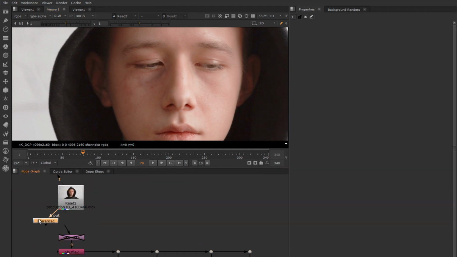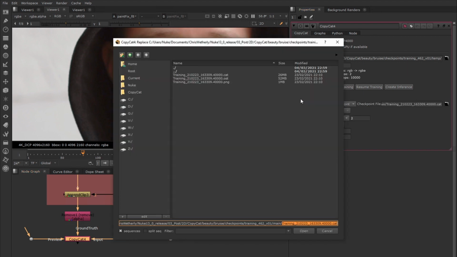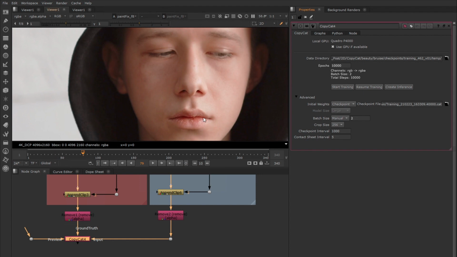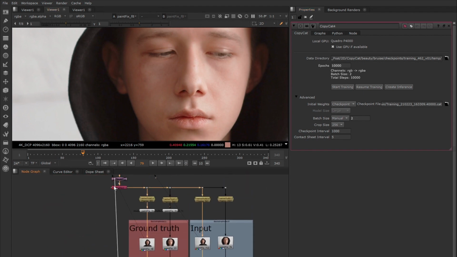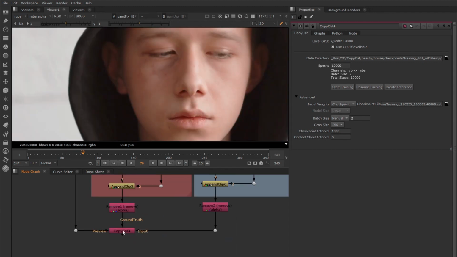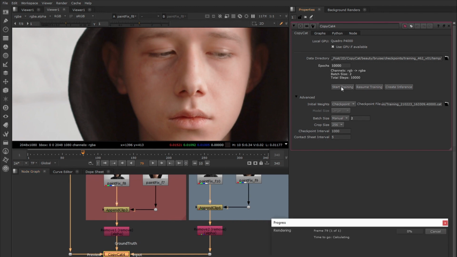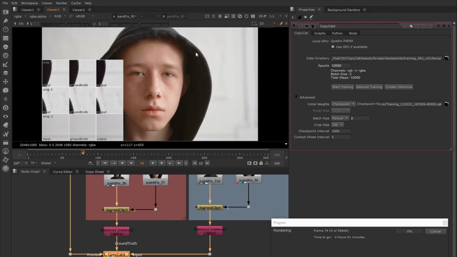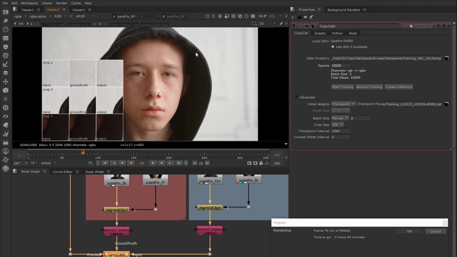To train an existing effect model with new image data, go to the Advanced menu in the Copycat node, set the initial weights knob to checkpoint, and load in the previously trained .cat file. Now you can utilize the hidden preview pipe, which when connected to a frame of your new input sequence, will allow you to view how the model will work when applied to a frame that is not part of the dataset you used to train the initial model. As the training progresses, the preview image should move toward the ideal result defined by the ground truth.